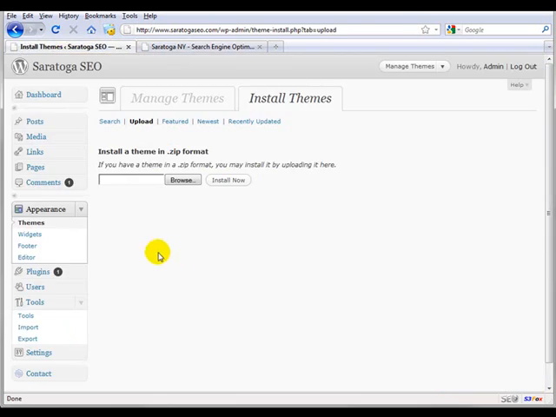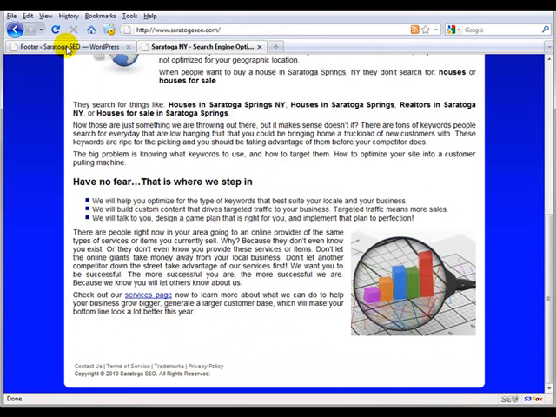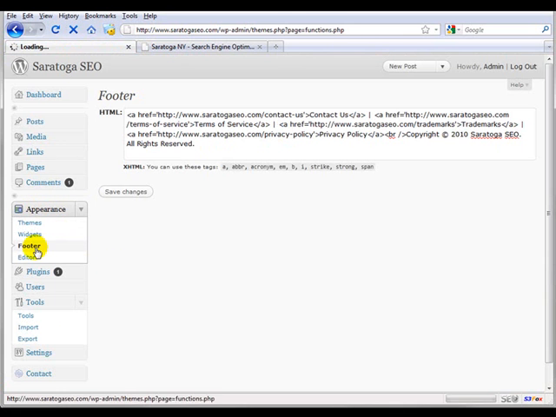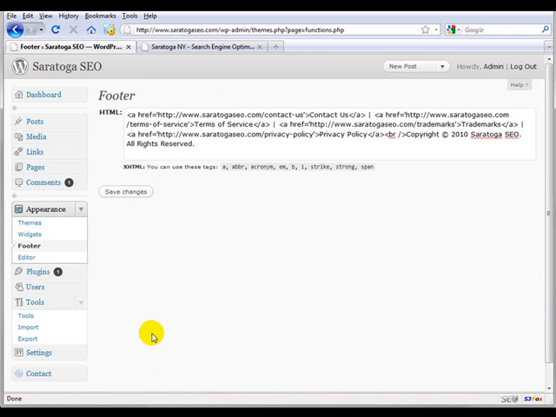The only thing you'll have to do is actually go into Appearance, go into Footer, and just click Save Changes. Because by default, the footer will not appear until you do that. So you'll have to again go to Appearance and go to Footer and click Save Changes. And you'll notice here what happens is it fills in the URL of your blog and leaves the Contact Us and the Terms of Service links, because by default, if you name your Terms of Service page exactly like this, Terms of Service,